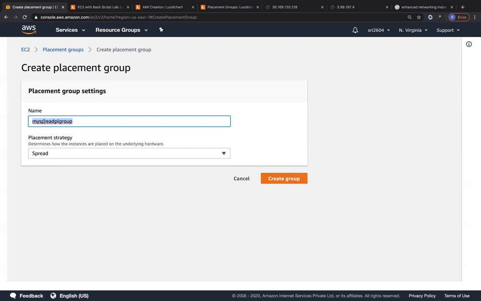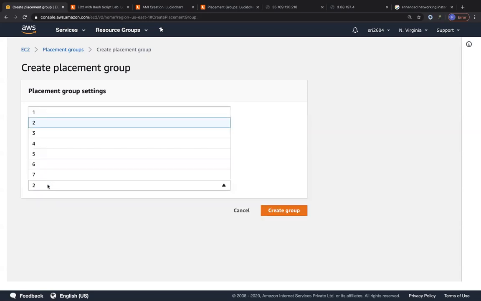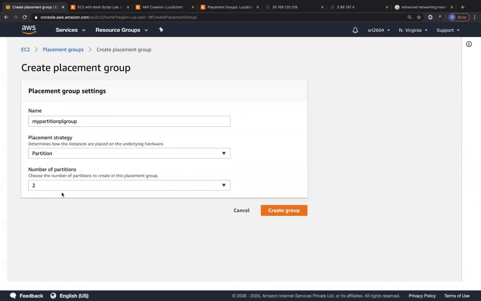But if you choose to have a partition placement group, you can go ahead and choose my partition placement group, where you have to choose the number of partitions that you would like. The reason we have to choose the number of partitions is that in a spread placement group, each and every EC2 instance itself gets its own rack.